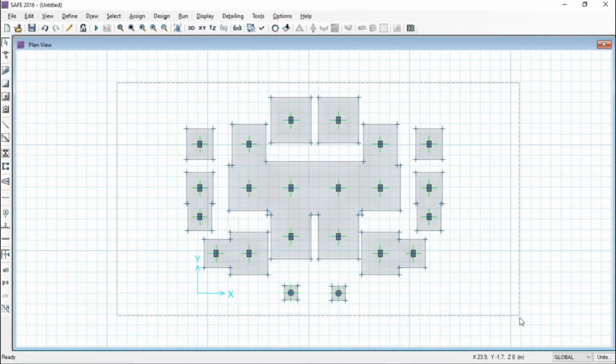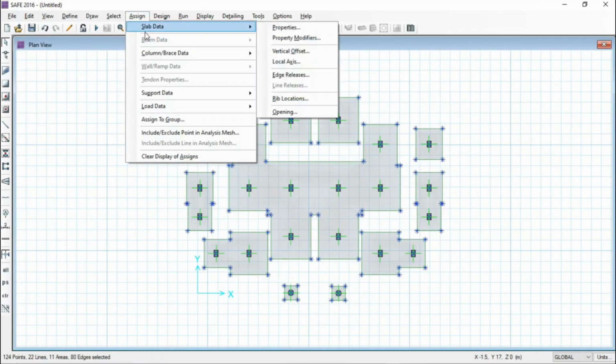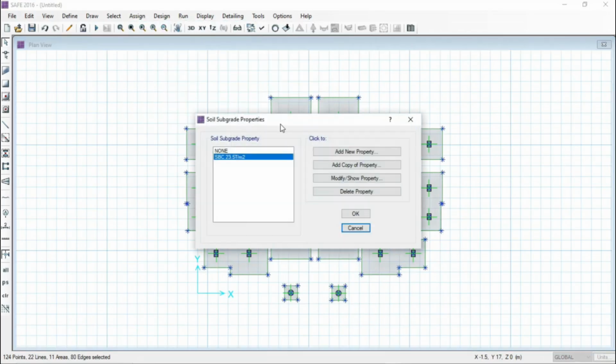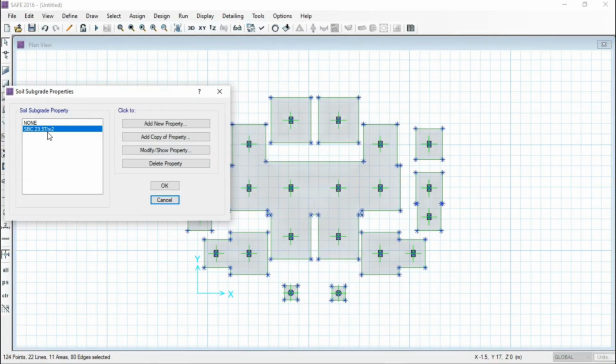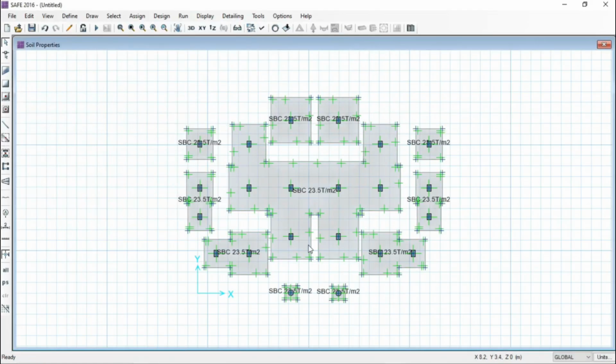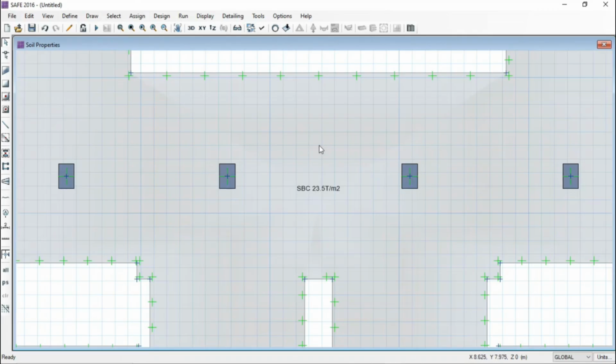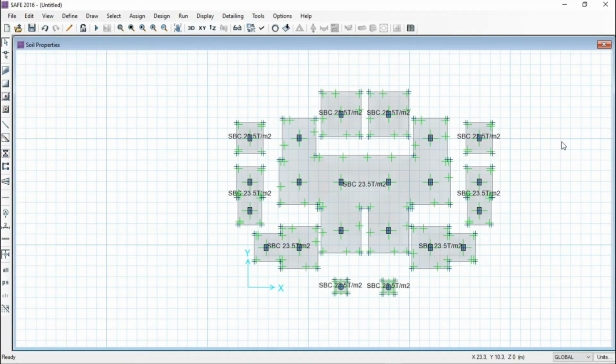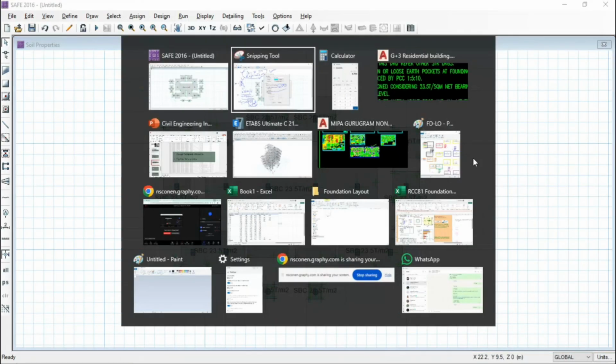So select all the slabs. Go to Assign, then Support Data, Soil Properties. Select SBC 23.5 ton per meter square and click OK. You can see you have successfully assigned SBC for 23.5 ton per meter square. So we have assigned SBC successfully, and let's go to